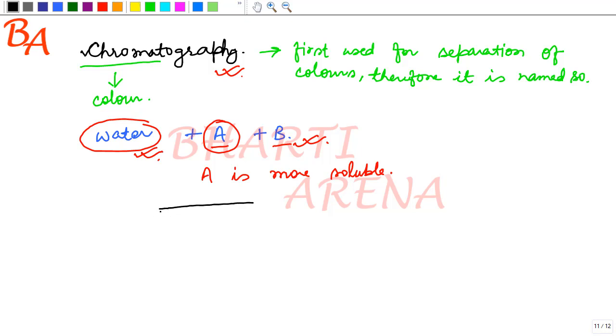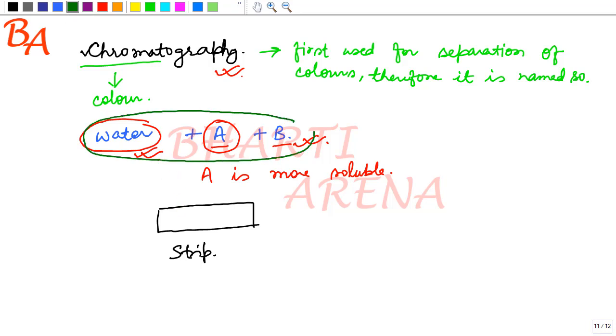If we take a chromatography strip, a strip used for chromatography, and a drop of the mixture in liquid form is dropped here, and let A be in red and B be in light blue color,